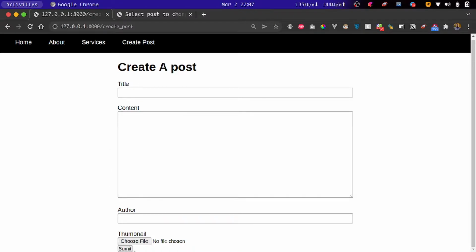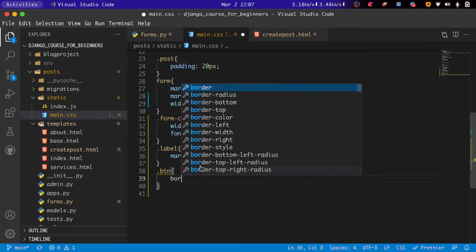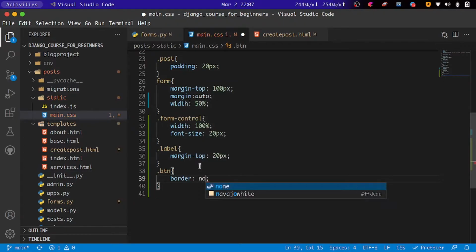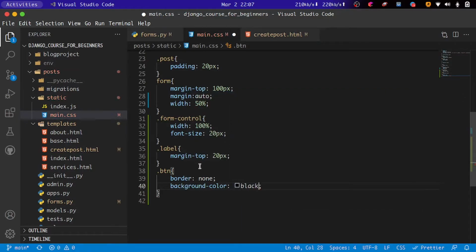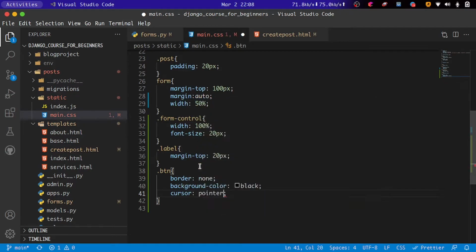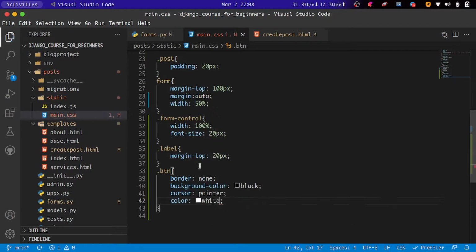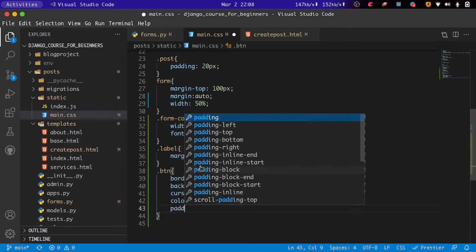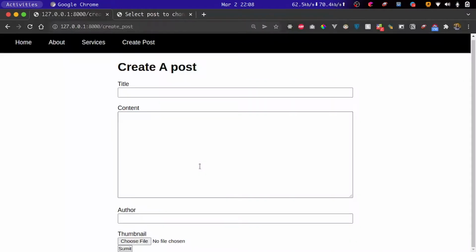Let's first style our button here. I'll create a simple selector of button. We are going to remove the border from that button with border none, and after doing that, we shall provide a background color of black. We shall provide a cursor of pointer, and then a color of white. We shall also add a padding of, let's say, 15 pixels. So when I refresh,